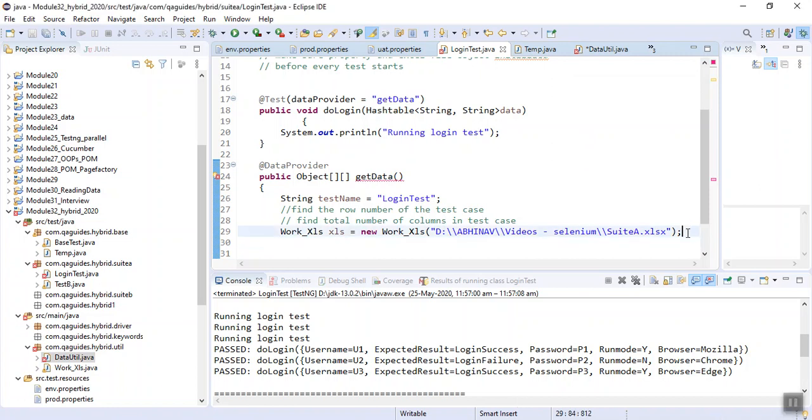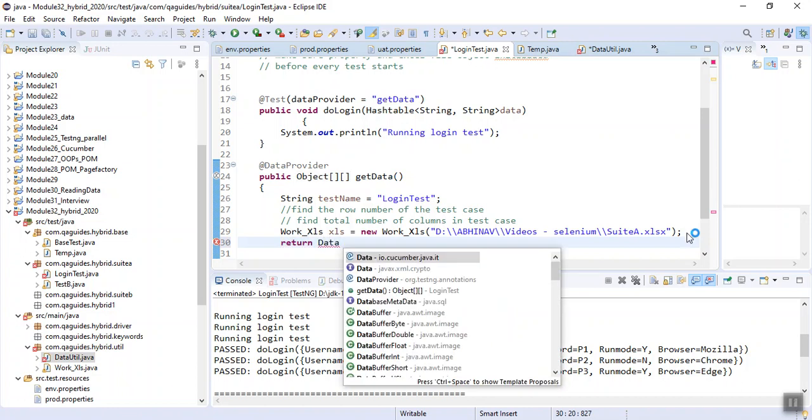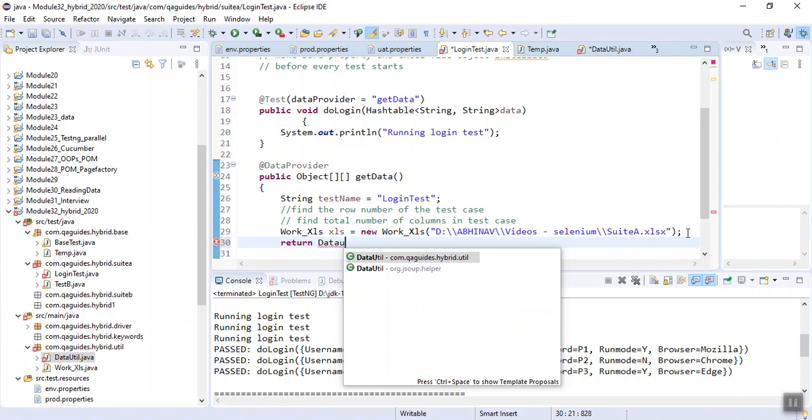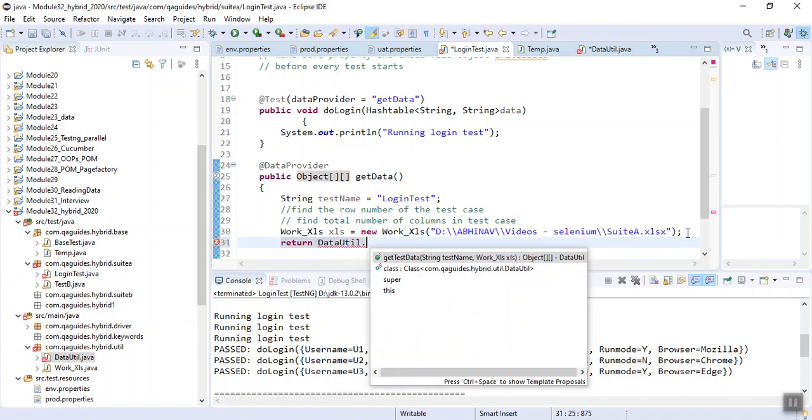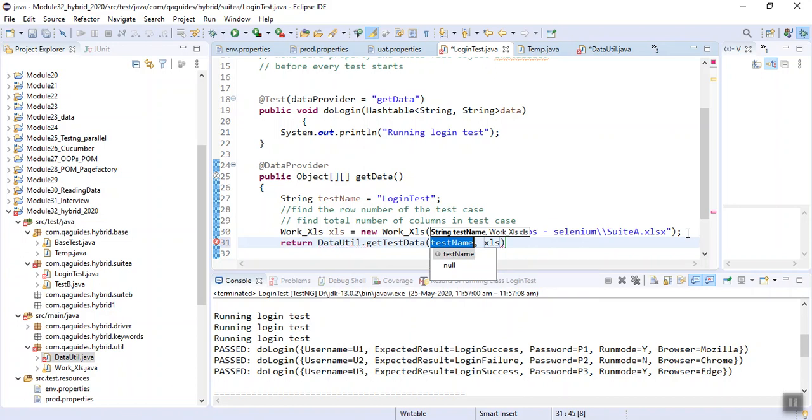And here we need to write return DataUtil.getTestData, and here the name is test name and it is XLS. Okay, fine, we will return it there.